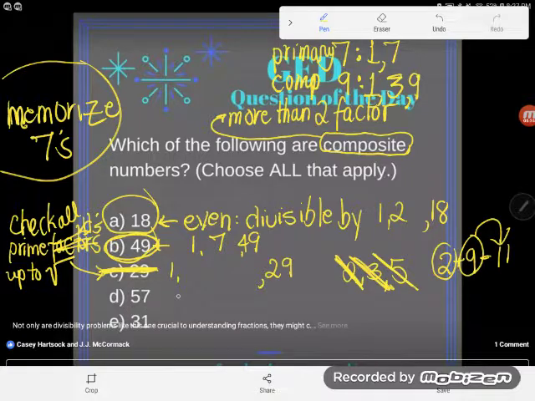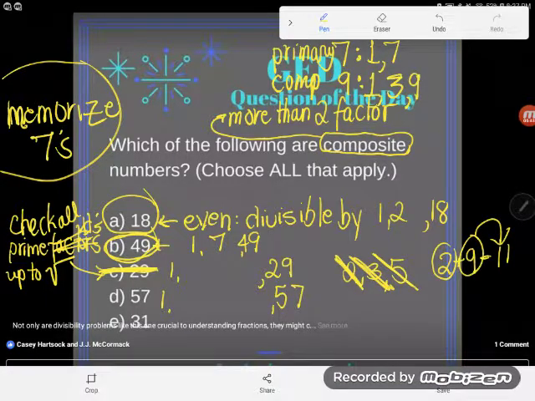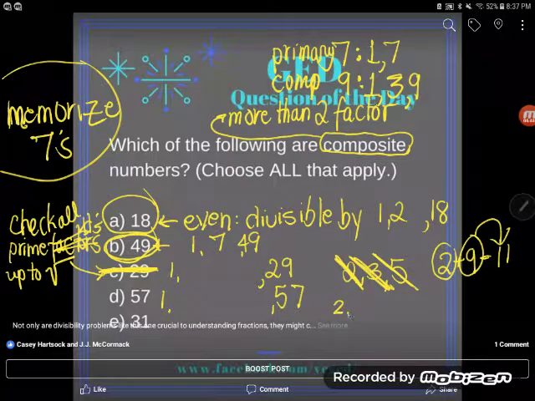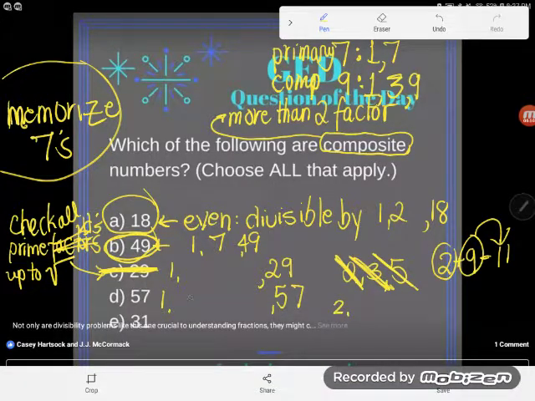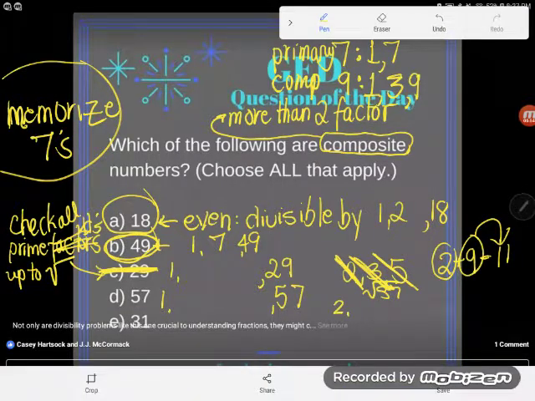Okay, so now let's try 57. Of course, 57 is divisible by 1 and 57. But is it divisible by any other factors? Again, I should check all the prime numbers up until the square root of 57. So the square root of 57, let's see, it would be somewhere between 7 and 8, since the square root of